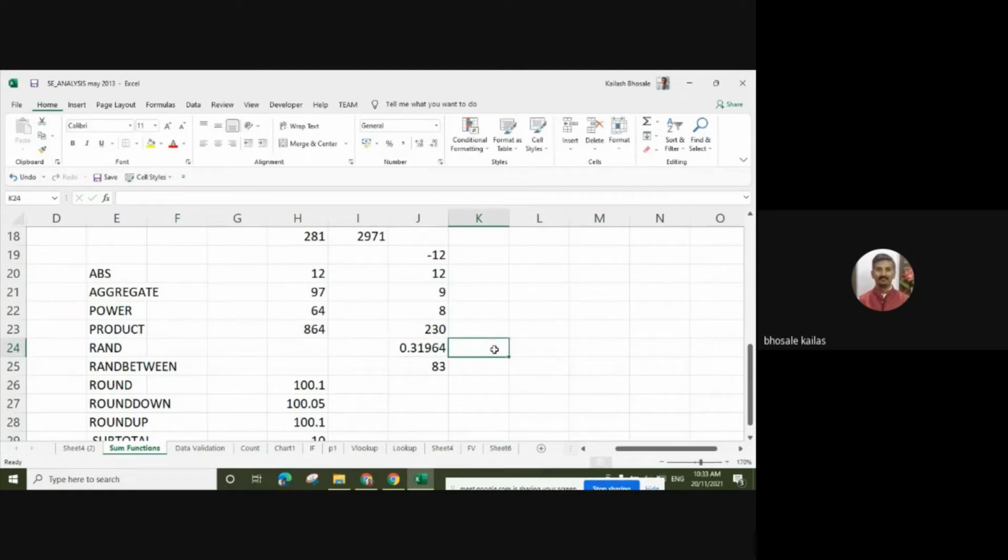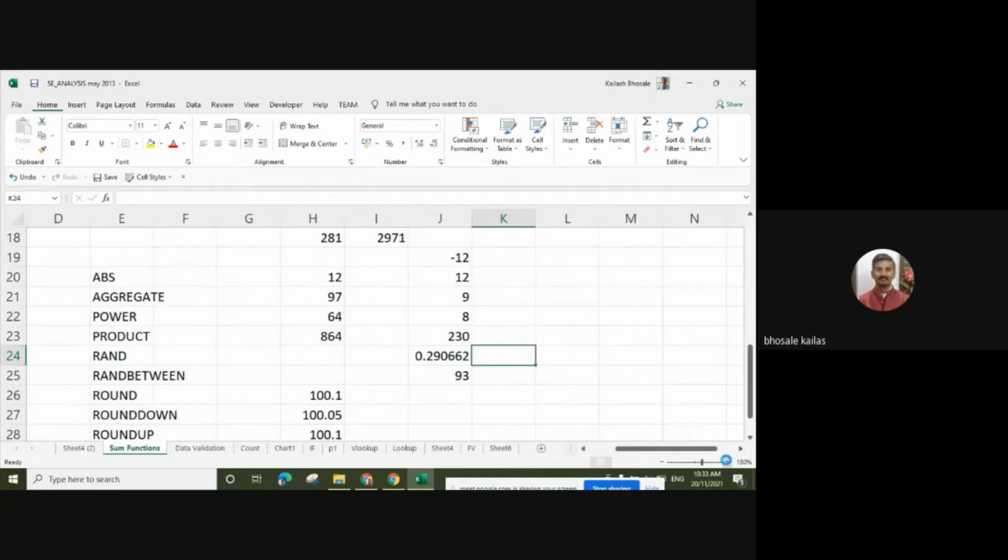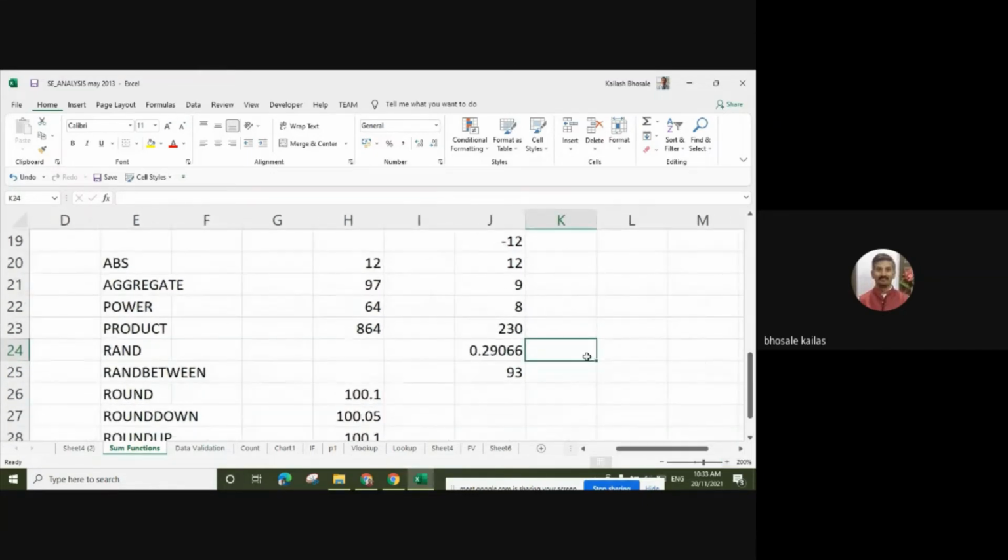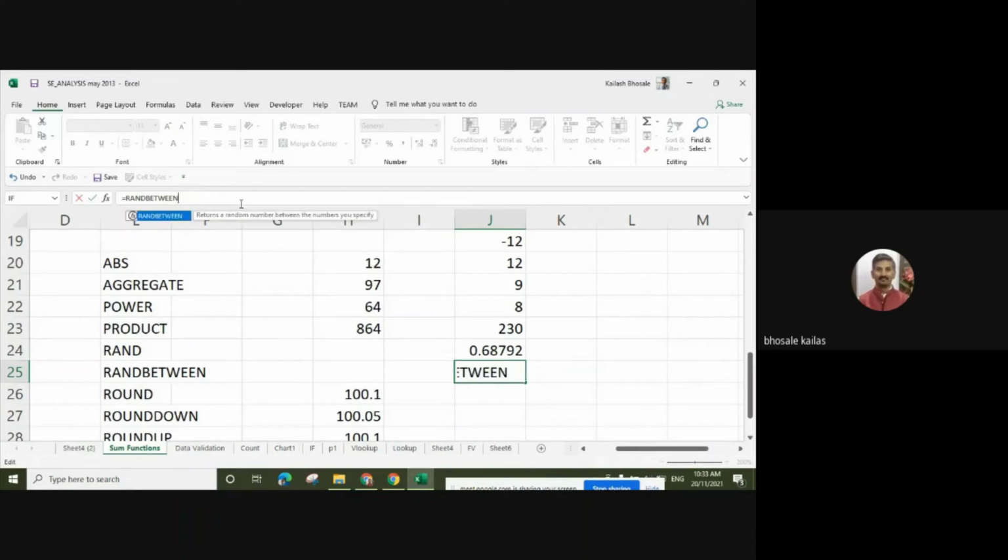So when I press anywhere near this cell, it will give us random values between 0 and 1. Anytime we press here, it will give us random values. And the second function I have told you is RANDBETWEEN. It returns a random number between the numbers you specify. Suppose I want to generate a number between any two values.